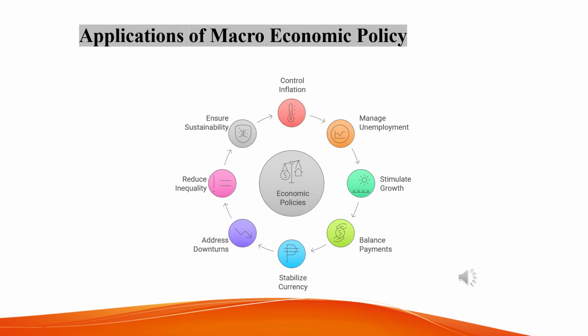Implementing policies to reduce unemployment such as public work programs, tax incentives for business, or adjusting interest rates to stimulate investment. Next one is stimulating economic growth. It encourages investment and consumption through policies that foster a favorable environment for economic expansion. Next one, balance of payments. It adjusts policies to manage currency value and trade balances such as through exchange rate control or trade tariffs, stabilizing currency and exchange rates,